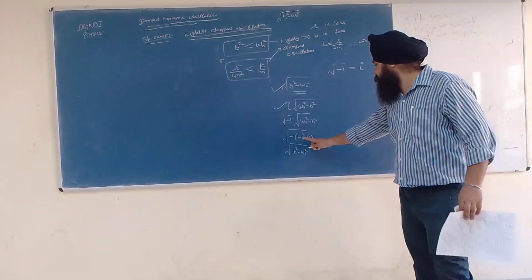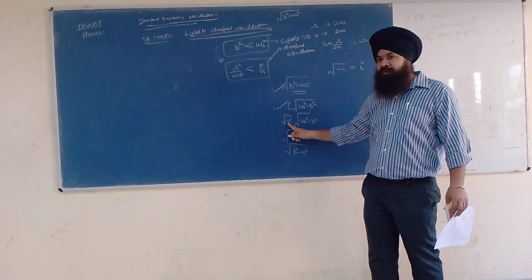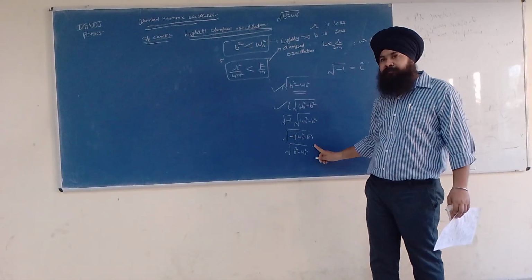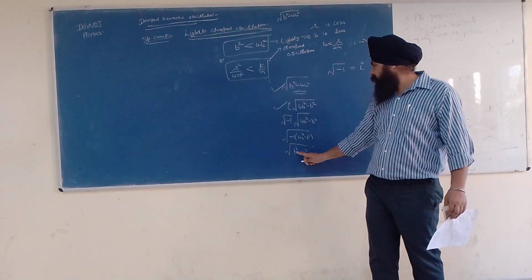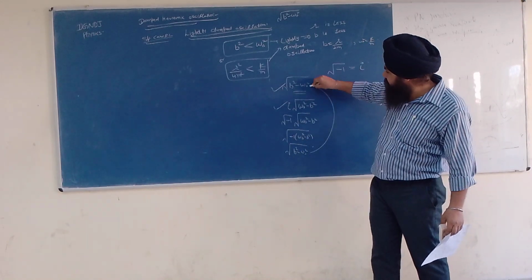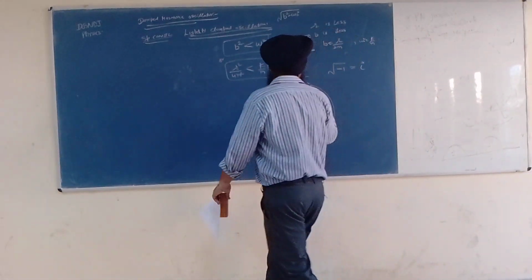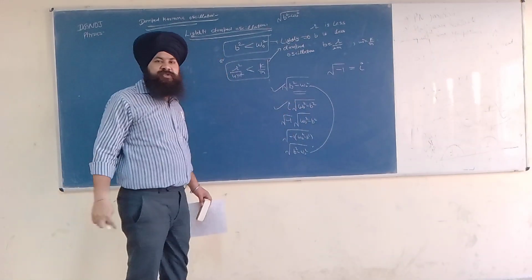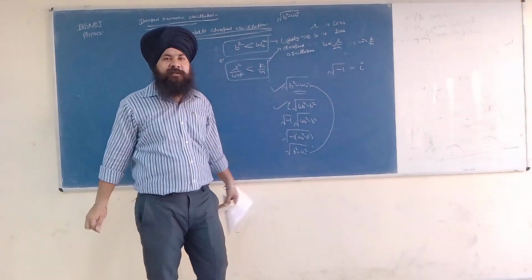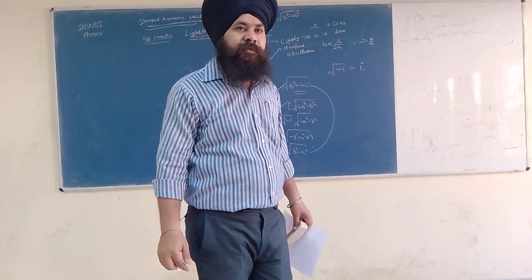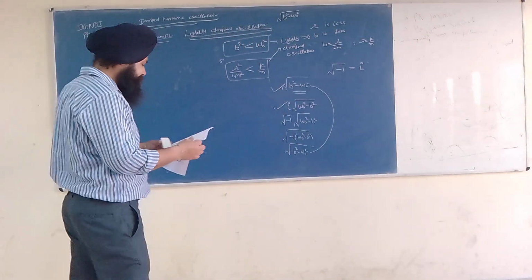See, I have proved this. Iota means square root of minus 1. So I have used minus 1 under the square root and multiplied; minus times minus, minus times plus. So again this equation and this equation are the same. So I can write the square root of B square minus omega naught square is equal to iota times the square root of omega naught square minus B square.